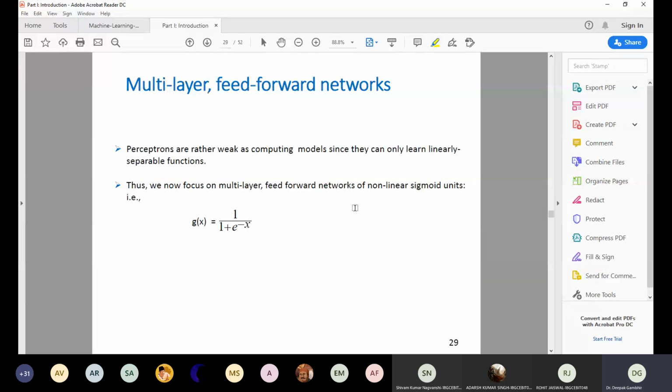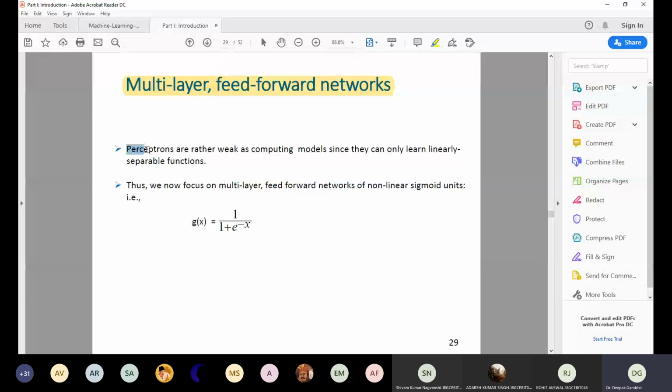We completed this in the previous class. Today we will start with the multi-layer feed-forward network. The difference between a perceptron and a multi-layer network is that it consists of more than one layer, whereas a perceptron consists of only one single layer. You give the input, multiply it with weights, put it to the activation function, and you get the output. Whereas in a multi-layer network, there are hidden layers present in between, so the computation is done once again. We'll see how.